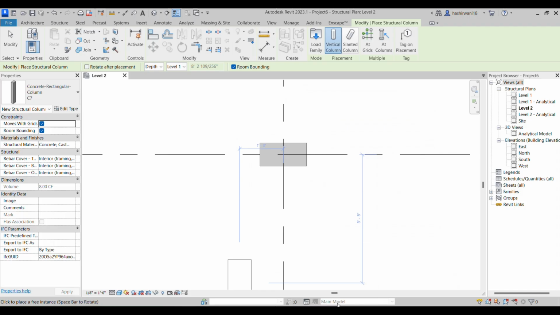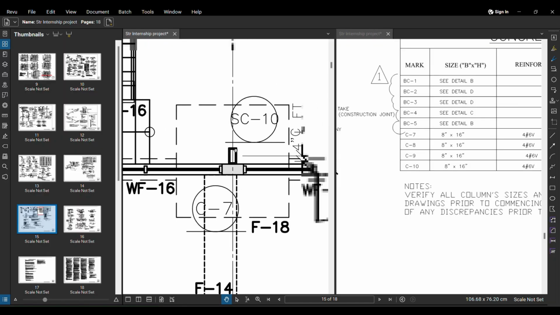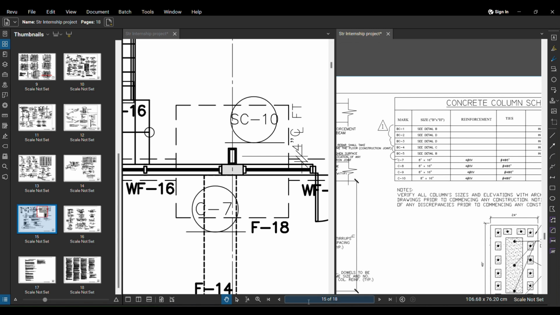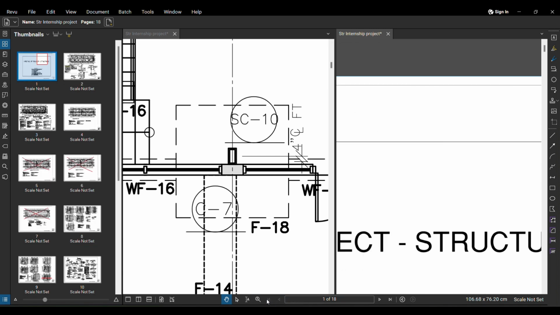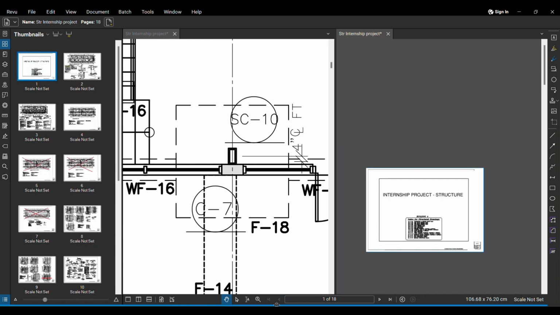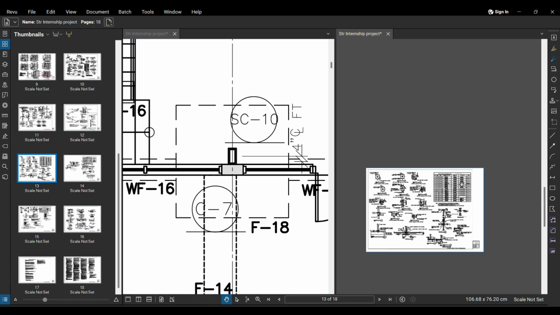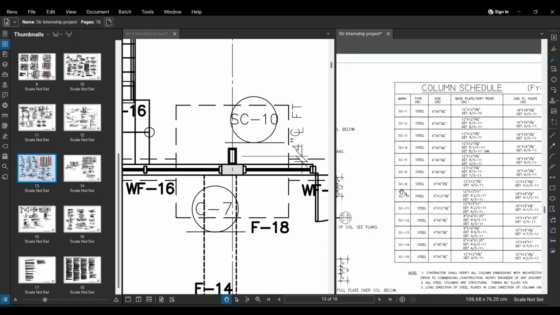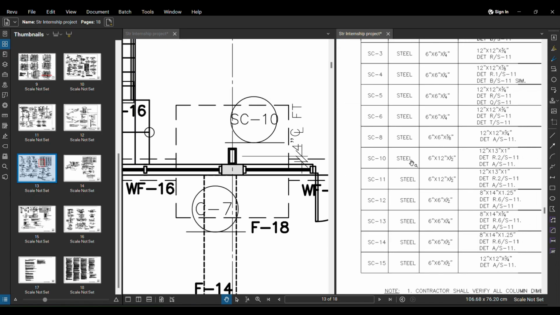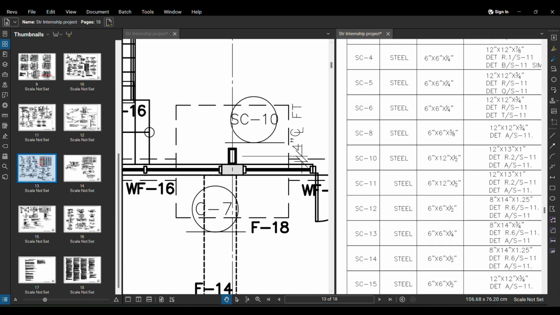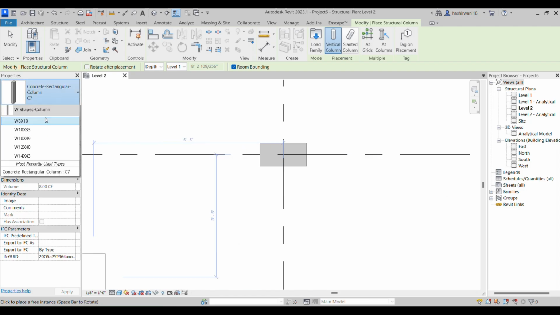And now what I want is some SC10 here. I'll simply move down here and go to maybe SC10 here, right? So SC10, we have our SC10 6 into 12 into 1 by 2, right? We go here. I'll simply select a